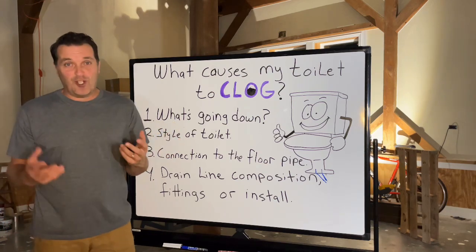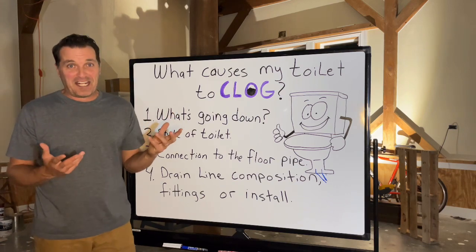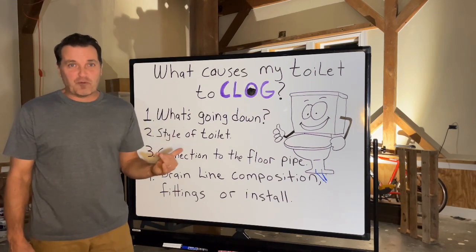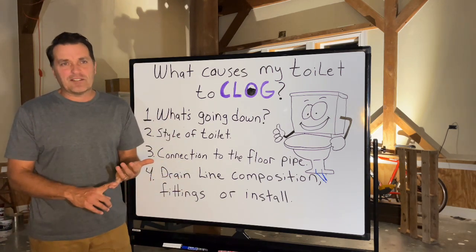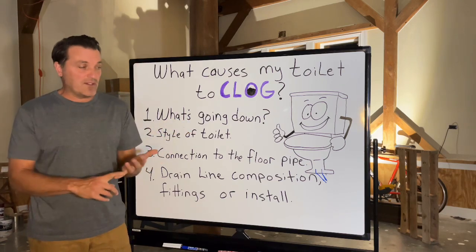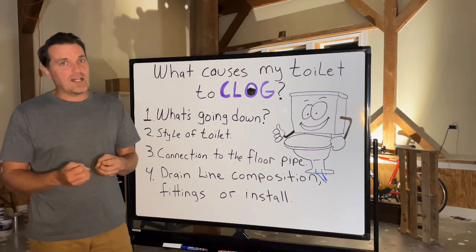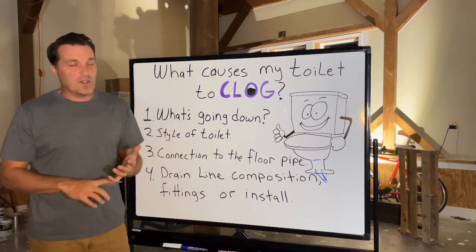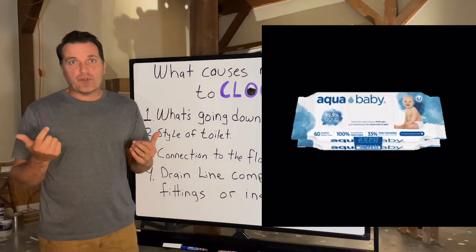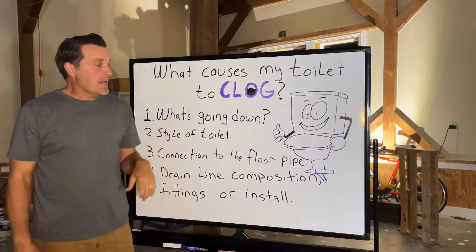Of course, the load also matters, and I can't say that I'm not guilty of that, and I can't help you with that, but I can tell you to try to monitor, obviously, what goes in the toilet. Don't flush feminine napkins, sanitary napkins, tampons, those type of things. Those can cause problems in the toilet because a lot of times they're not quite as biodegradable as you want them to be. Even the wipes that you can use that are supposedly septic friendly or biodegradable or flush friendly,